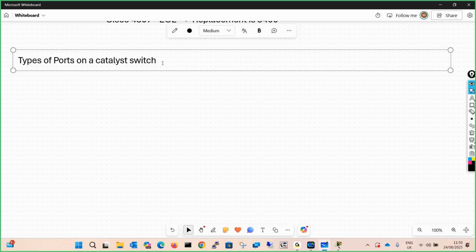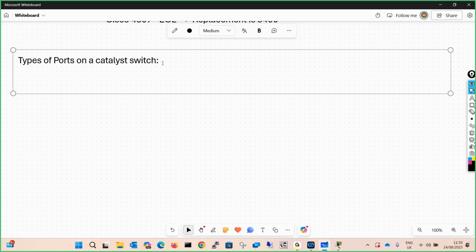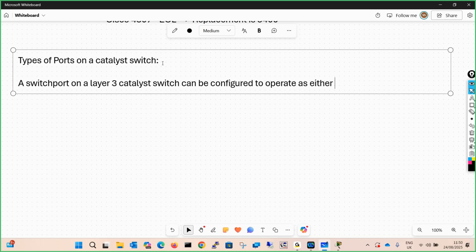So guys, always remember that when you talk about a layer 3 switch, and nowadays modern day switches are all layer 3 switches only, a switch port on a layer 3 Catalyst switch can be configured to operate as either a layer 2 port or a layer 3 port.